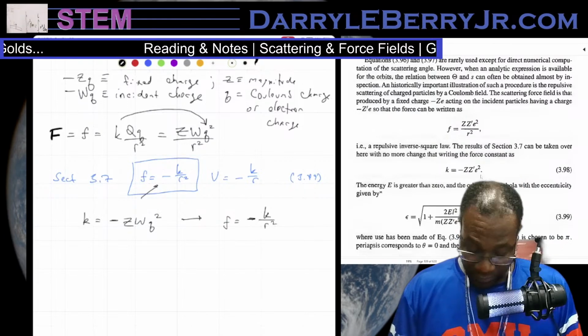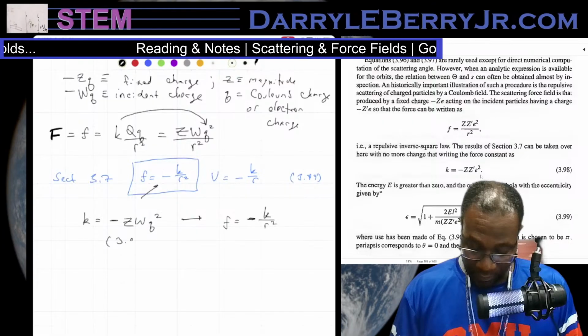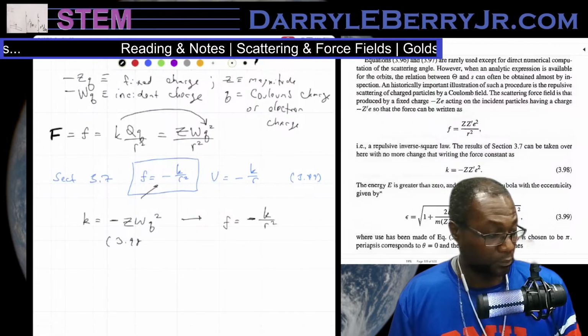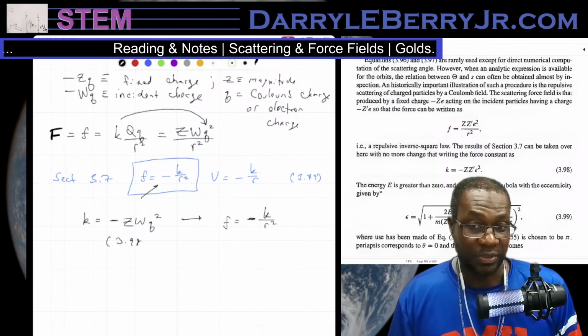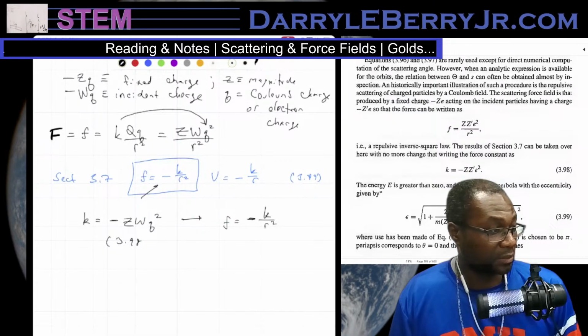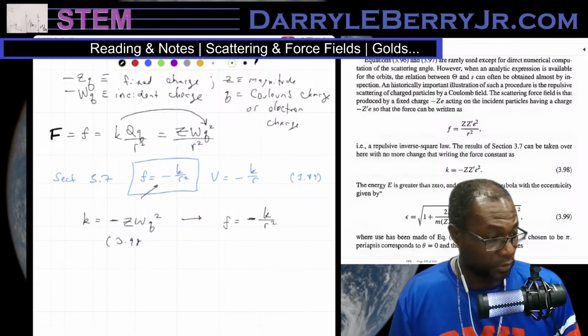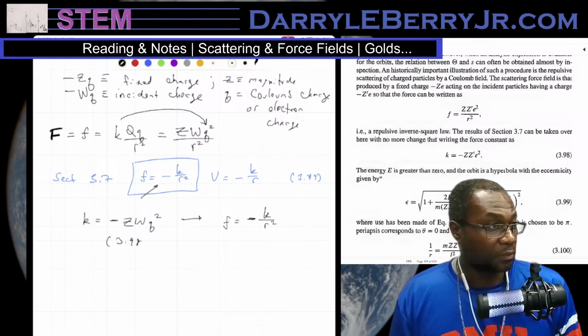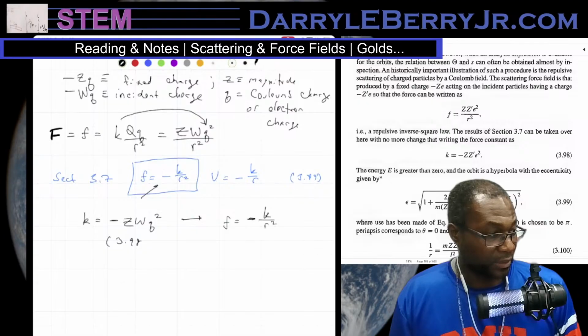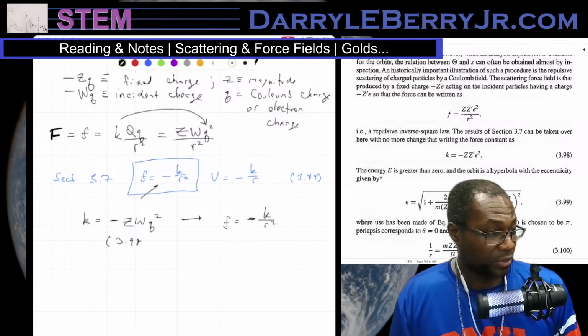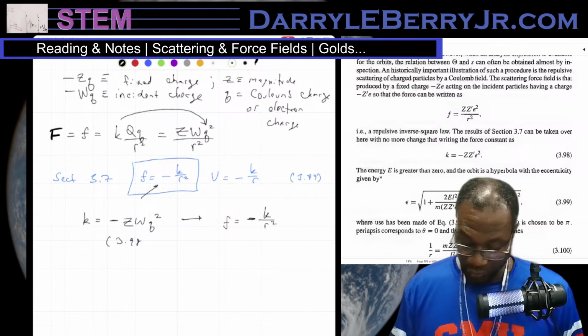Right? And this is 3.98. Let me see if the professor has something different on this point. Right? So she notes that the eccentricity is the same thing they mentioned. I notice she uses a little bit of abbreviation. So